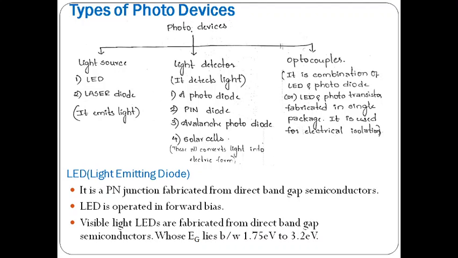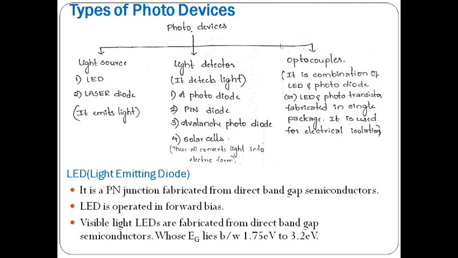It is also a PN junction diode, but it is fabricated from direct band gap semiconductors. We did not classify direct band gap and indirect band gap semiconductors in the earlier lecture, so this will be discussed in the next class. Generally, direct band gap and indirect band gap semiconductors are the two types. In direct band gap semiconductors,